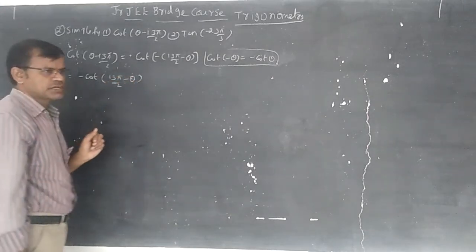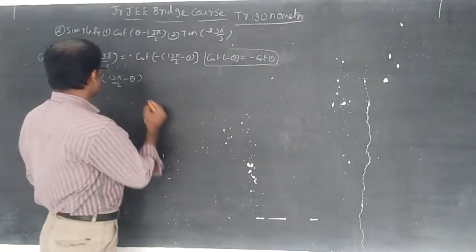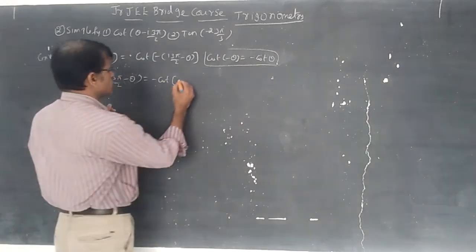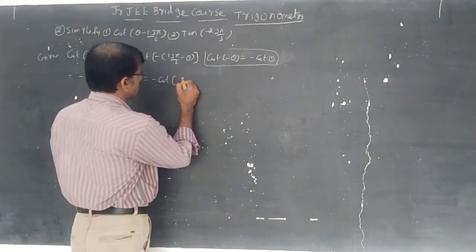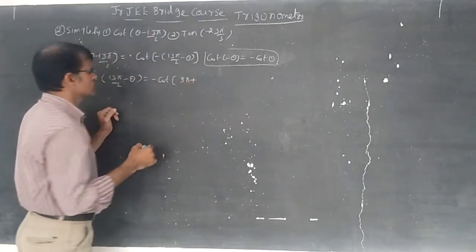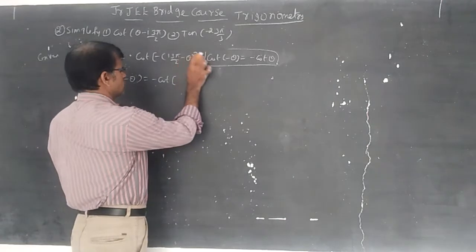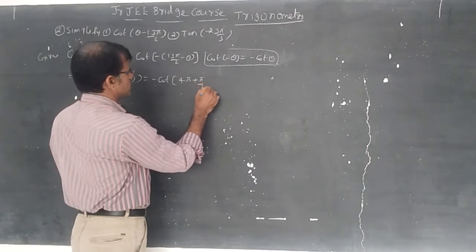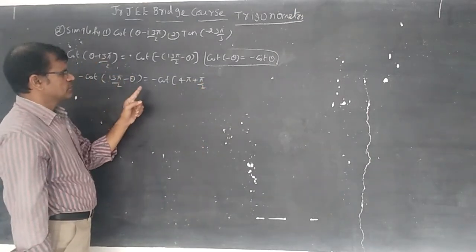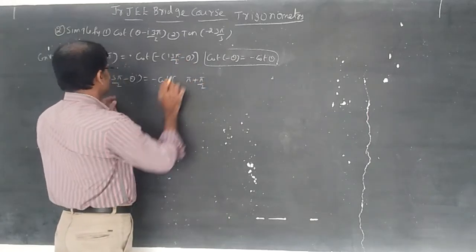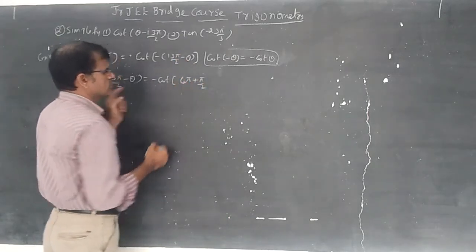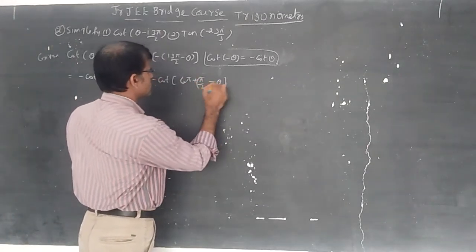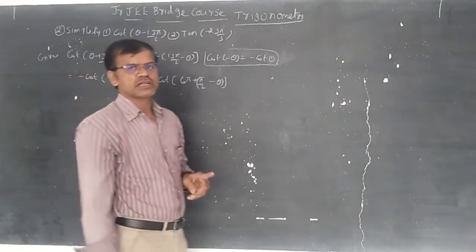So 13 into 90 is 1170. We can convert 13π/2 into a known value; the unknown value can be converted into a known value. So let us write 3π plus 7π/2, otherwise you can write 4π plus π/2. It is better, students: 4π plus π/2. Whenever you write 13π, you should put 6π, 2 sixes are 12 plus 1. Like that you can write minus theta. Here 6π means a multiple of 2π.